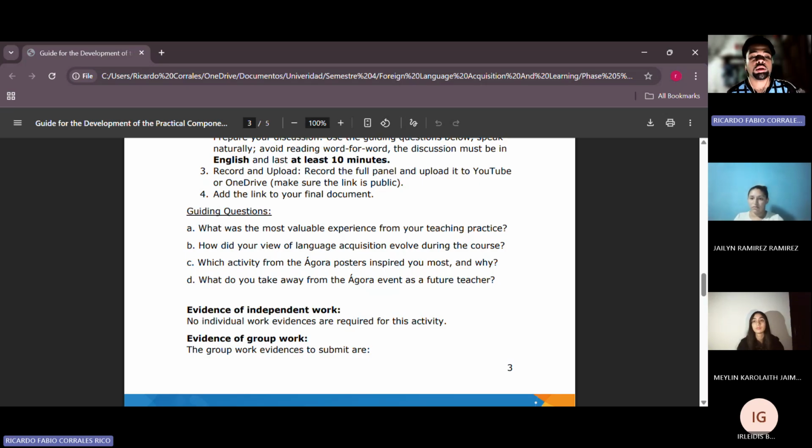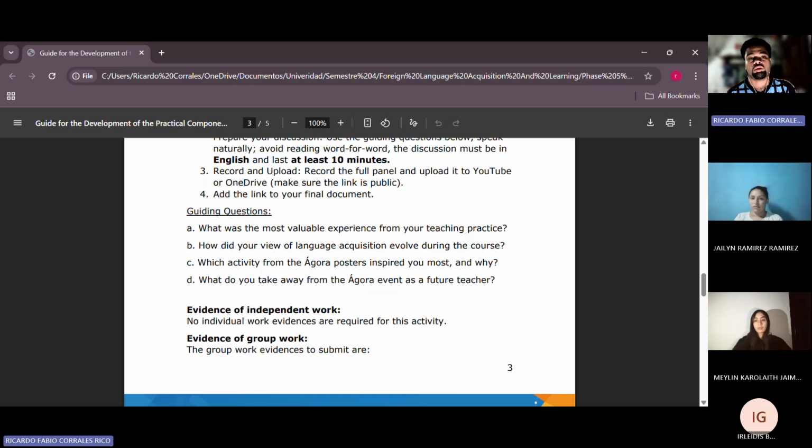Okay, for me, I had a different view of what language acquisition was. I didn't have to create new activities during the course, or investigate a lot about the problems that the students can have during the classes.